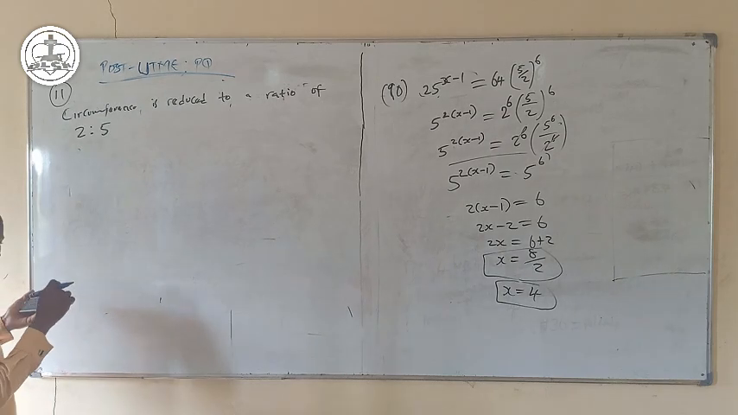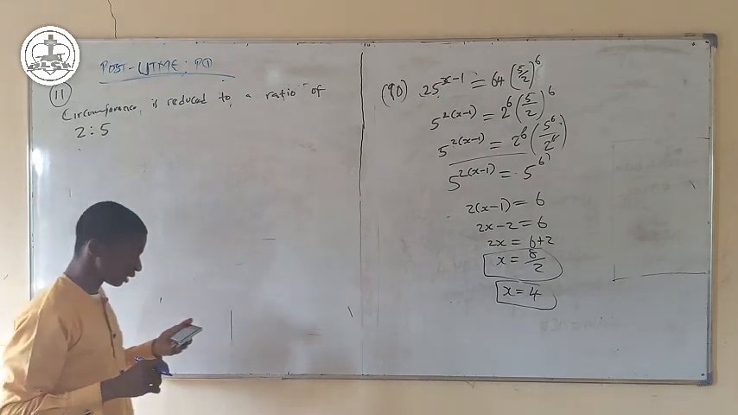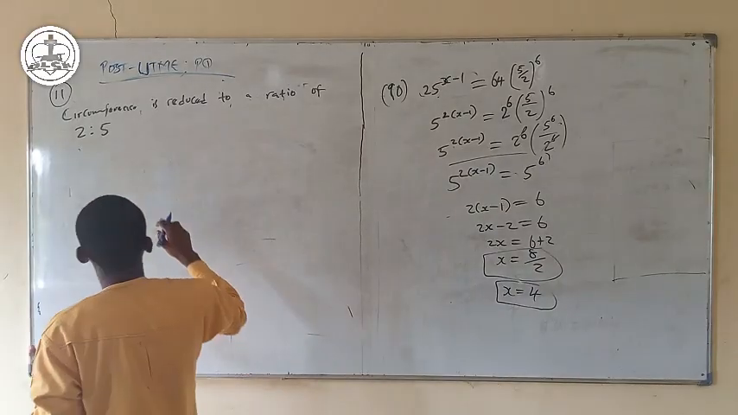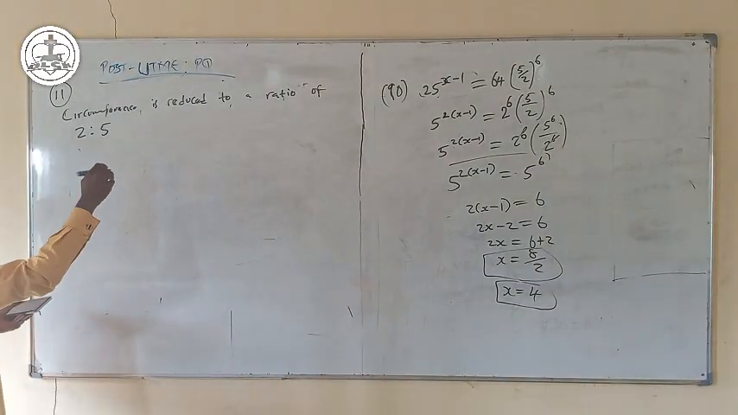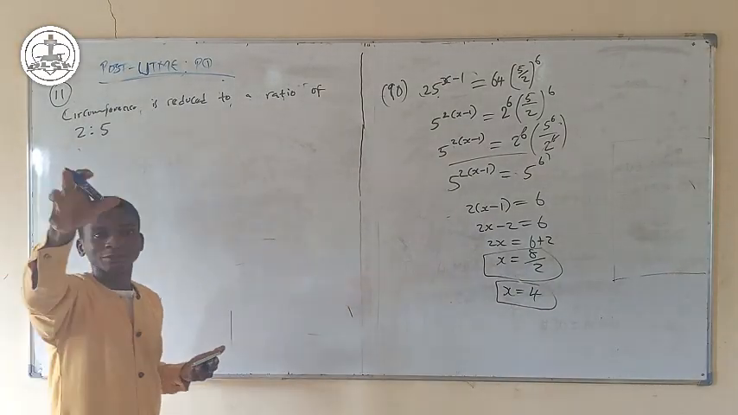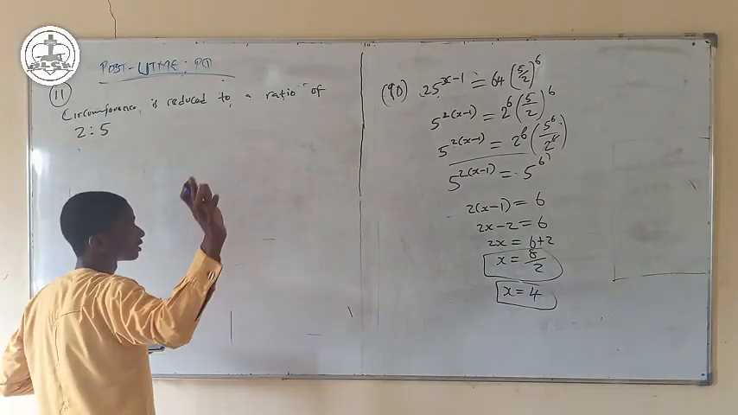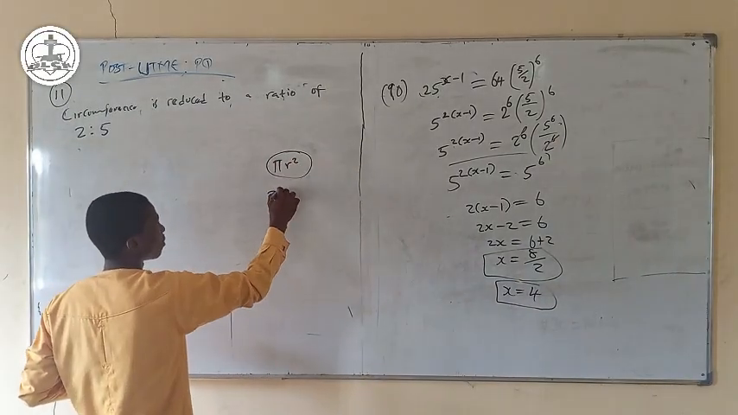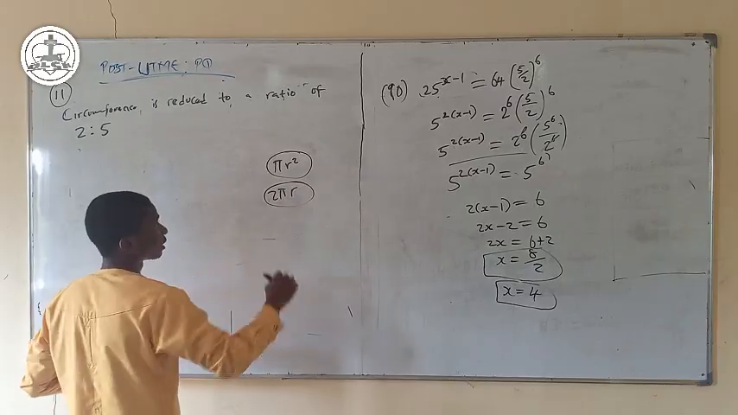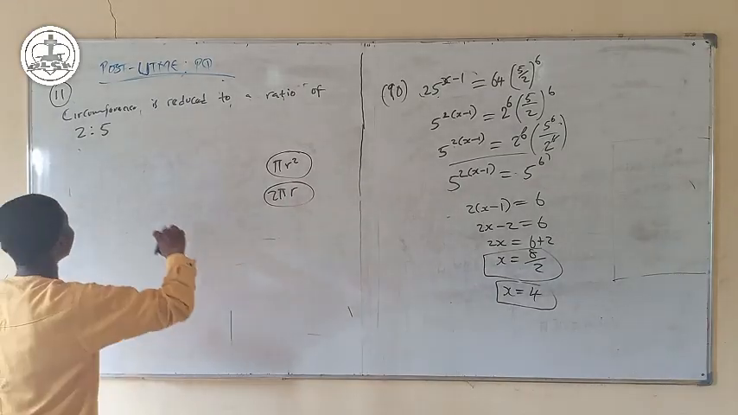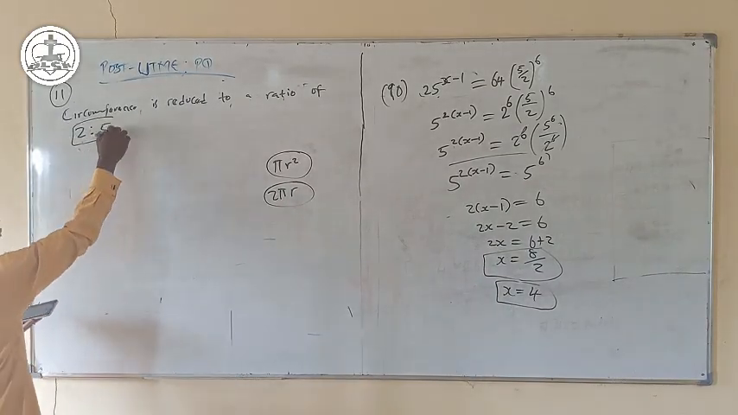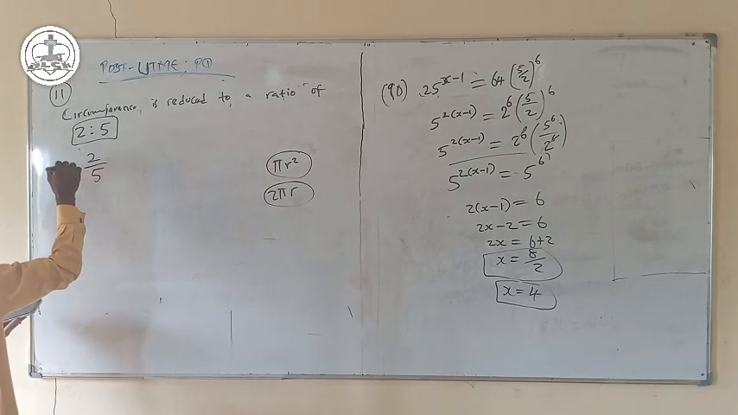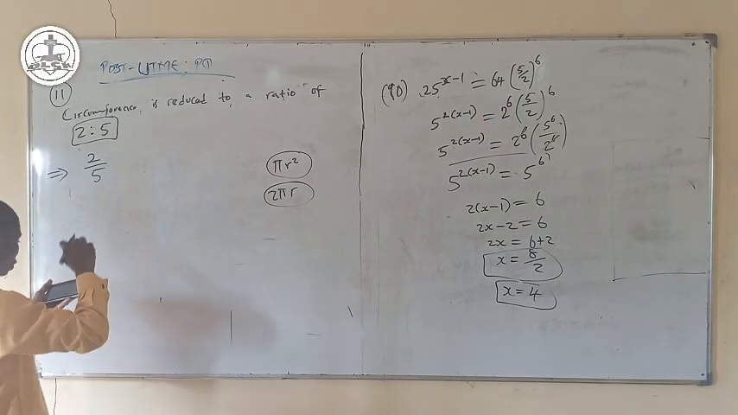They said, in what ratio is the surface area reduced to? Now we know that from our usual formula in circle, we have pi r squared as the area, and we have 2 pi r as our circumference. We are going to assume this. If our ratio is in this form, 2:5, that is 2 over 5 as the ratio,